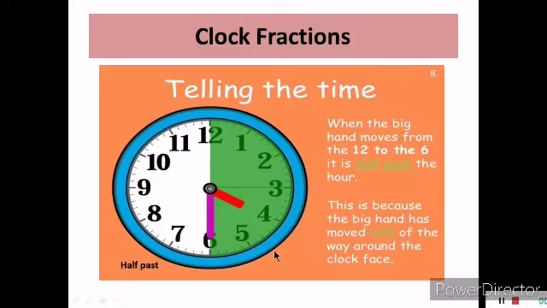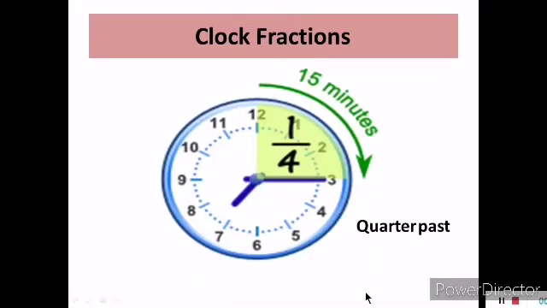When you see the circle, it is divided into 2 equal halves. The minute hand has covered one part. Now see this. It is divided into 4 parts because the minute hand has come from 12 to 3. 3 means how many minutes? 3 into 5 is 15. So the time is 7:15. From 12 to 3 it has come. If we shade that part where the minute hand has come, that is a quarter. So quarter past 7.